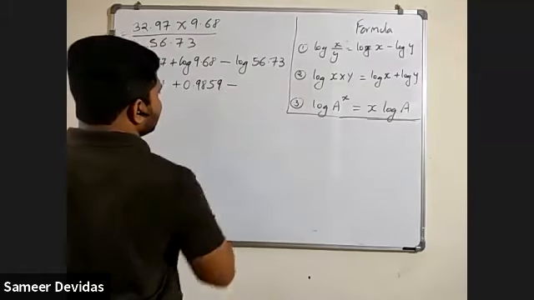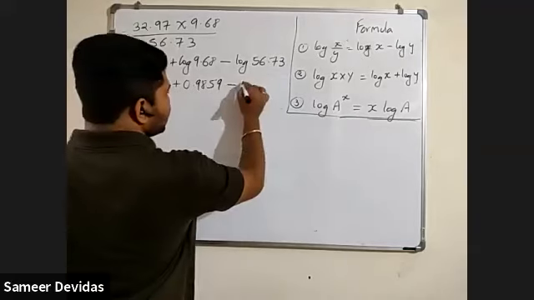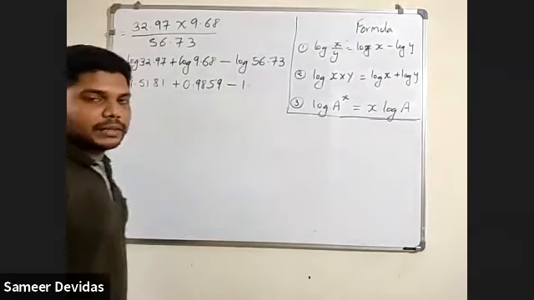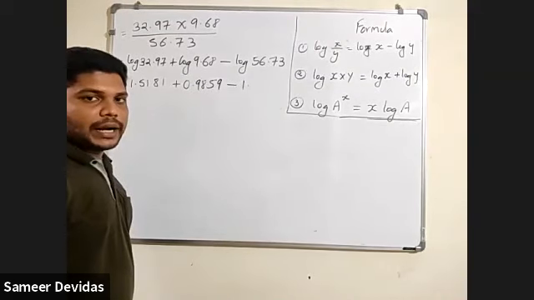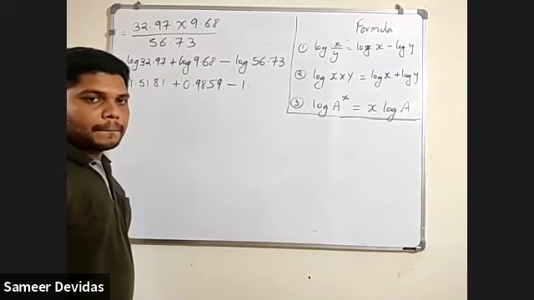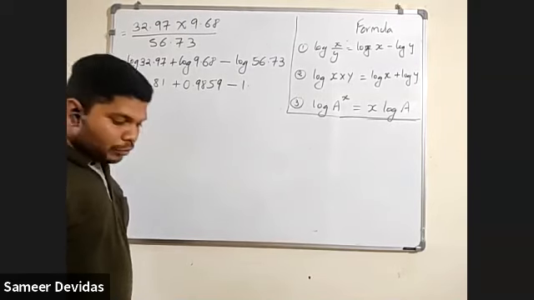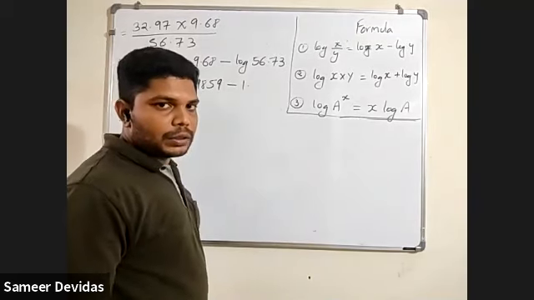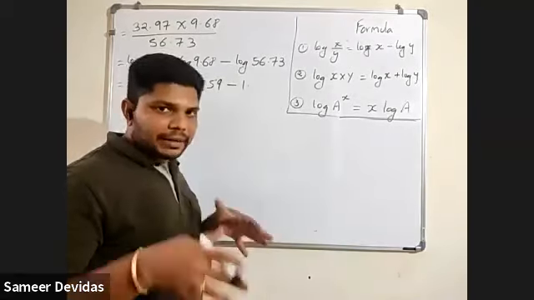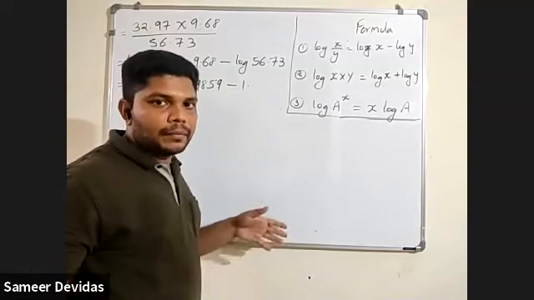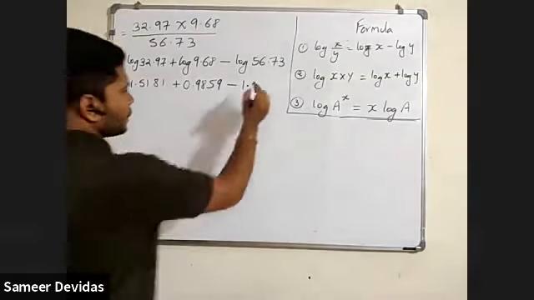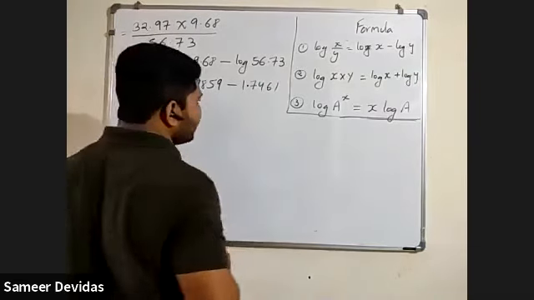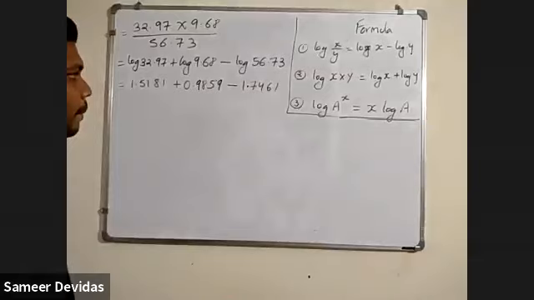Then minus 56.73. That is 1 point. Check. 56 under 73. Everybody should try. I have told you again, more time you will not get to learn the log. So I have kept a special class today by wasting my time. 7461. 7461, right? Okay.